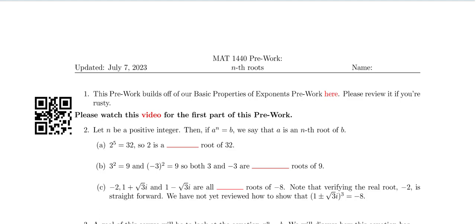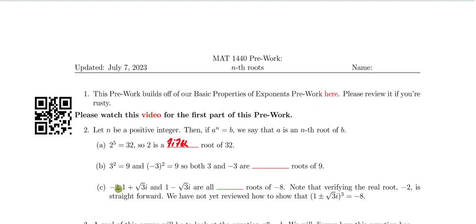So what is an nth root? Well, an nth root is simply a number that when we raise to the nth power, we get a particular value, and so we would say that the prior value that we raised is an nth root of that number. That can seem a little bit confusing, so let's go ahead and clarify it. We know for a fact that 2 when raised to the fifth power is equal to 32. So we would say that 2 is a fifth root